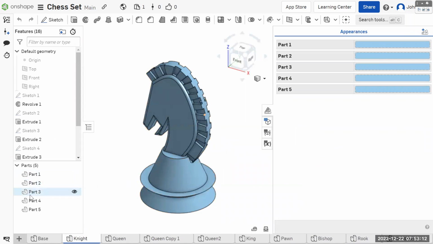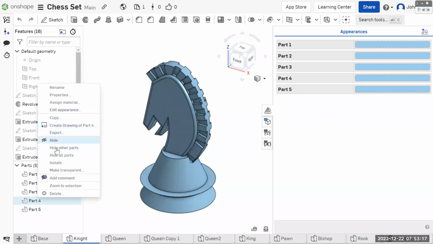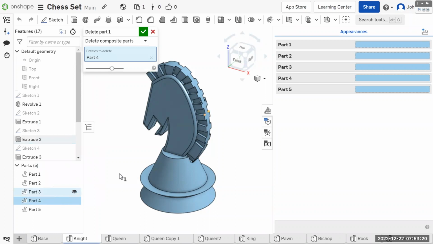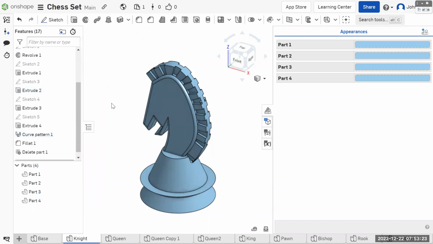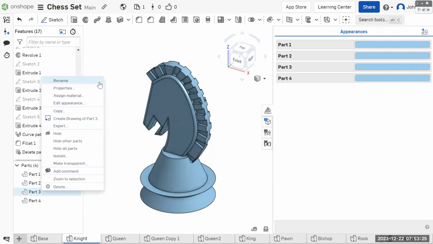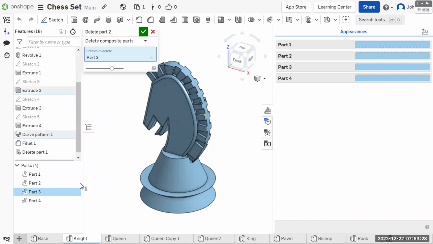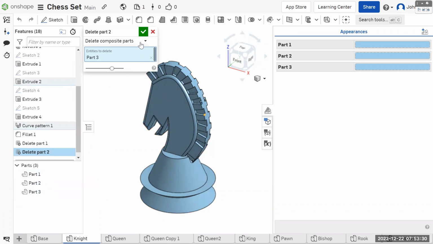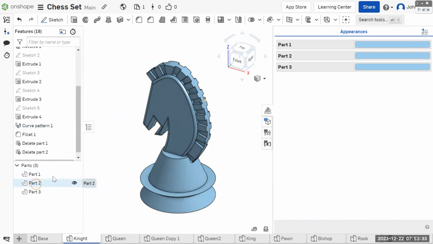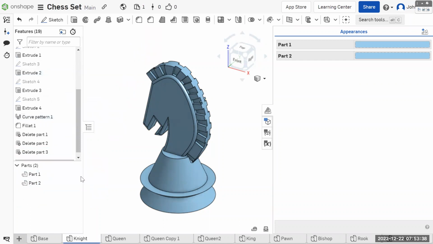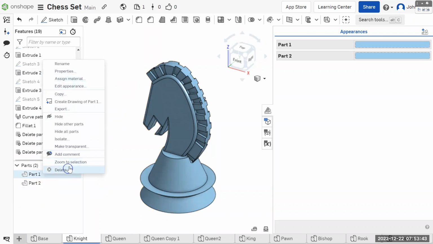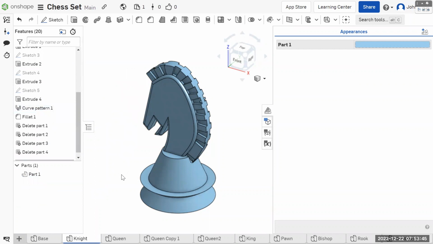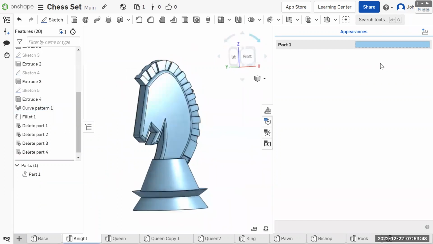oh no, is this several parts? This could be an issue. Let's see what happens when we delete this. Weird. How did this pop out? It's really strange that there are extra bits in there, but that's okay. All right, so I have one part. Let's give this a